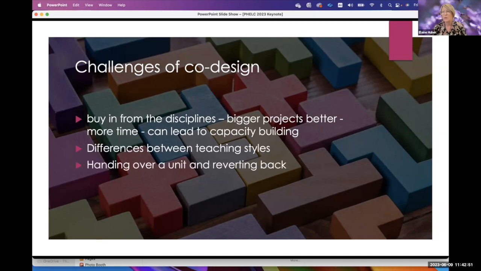And when we withdraw our supports, we might have worked with them for 18 months, and then we sort of say, okay, now off you go and fly away and teach this great new course that we've designed. But sometimes we find that they tend to revert back to their old ways because they've no longer got our team around to support them. So, thinking a lot about that and how we work together.